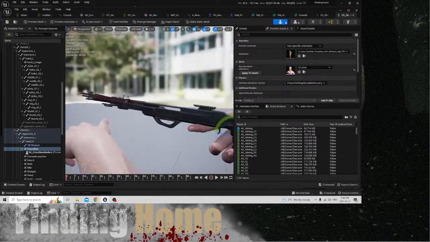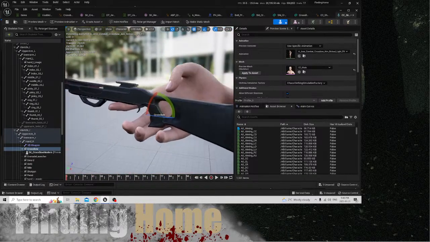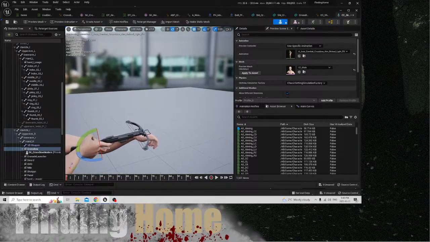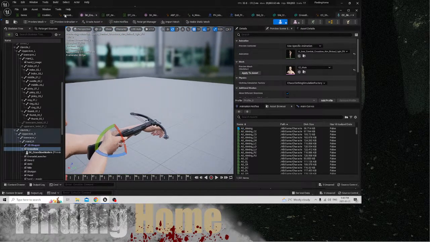Kind of like that. These big hands, this little gun. So, in the end,